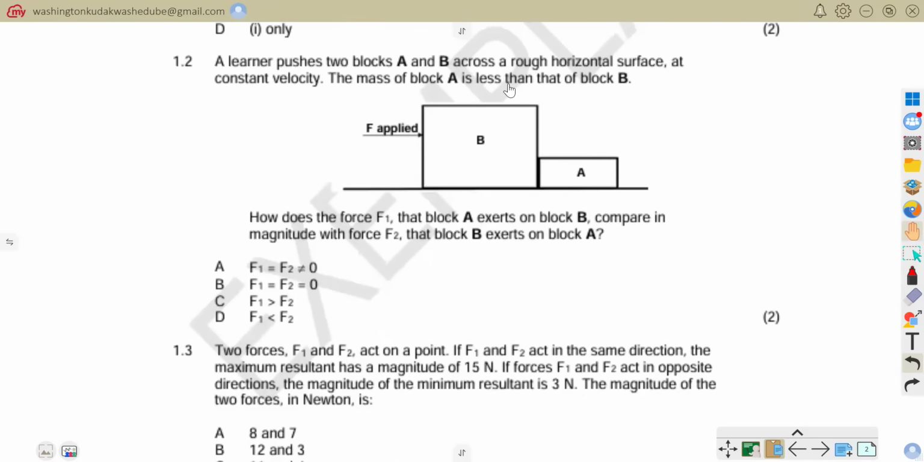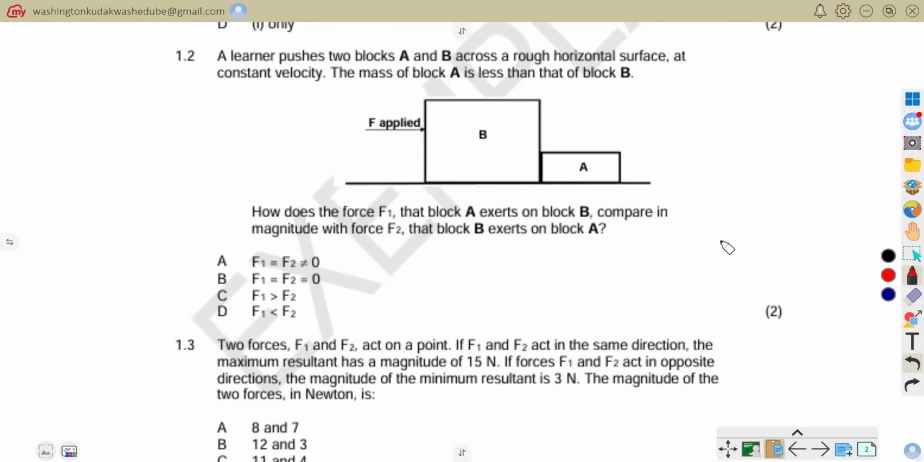Now question number 1.2. A learner pushes 2 blocks, block A and B as shown on the diagram, across a rough horizontal surface at constant velocity. The mass of block A is less than that of block B. How does force F1 that block A exerts on block B compare in magnitude with force F2 that block B exerts on block A? So we know that according to Newton's third law,